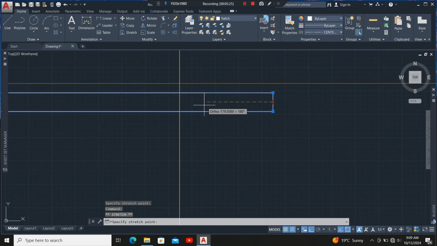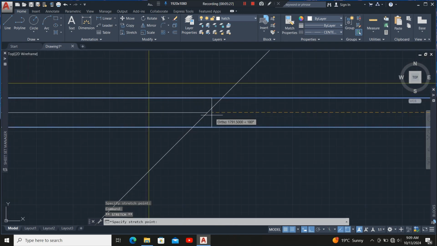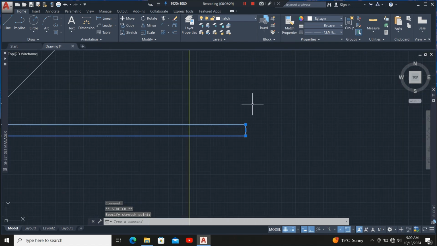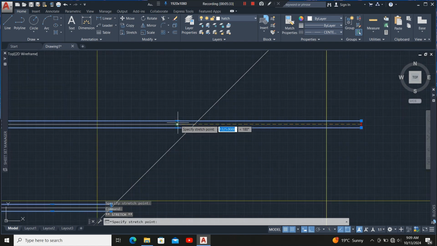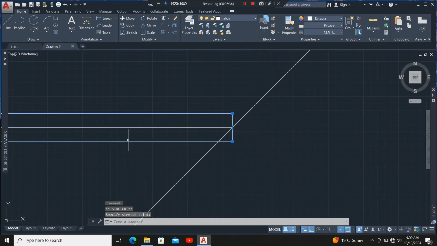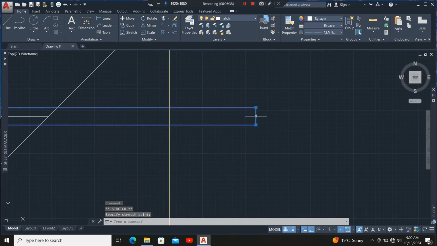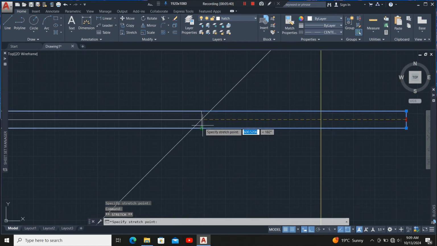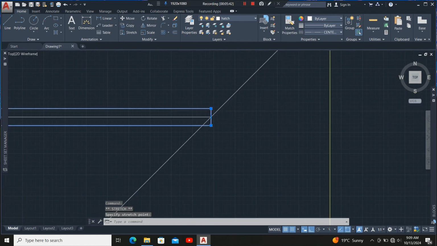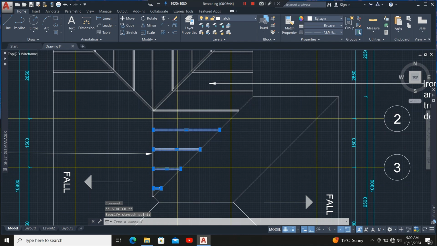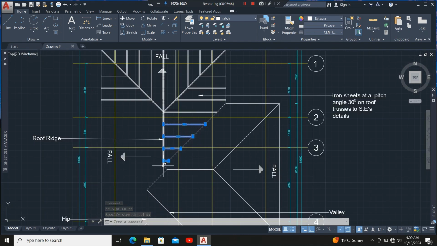Then I'll do the same thing right here up to that point. Then also I'll do the same thing right here. Then lastly up to that point. So remember that also this side,